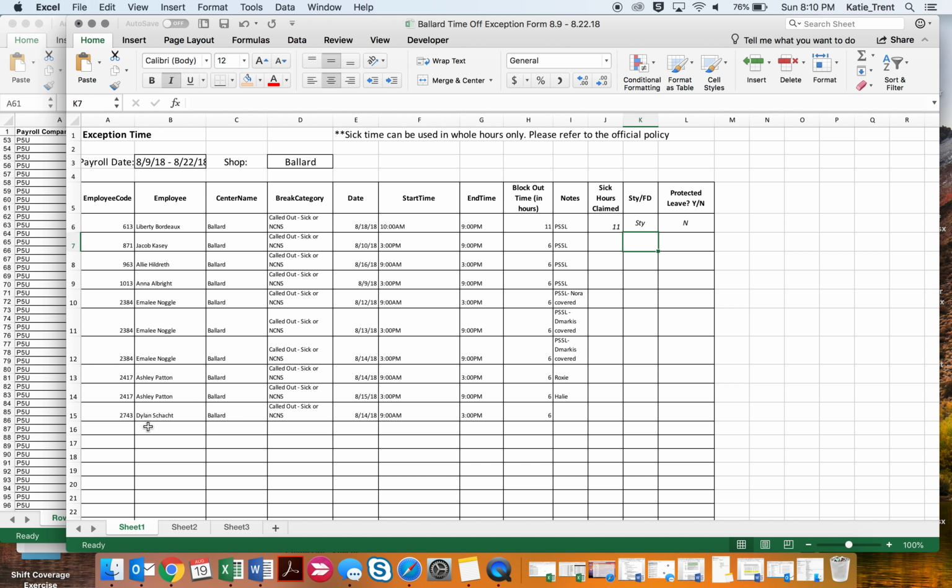So finally, if I had any front desk who called out, I'll want to enter them by hand. And I'll know because I keep careful notes throughout the pay period. And I'll look up this person's employee number in Zenoti. And when I've gone through and entered the sick hours and double checked against my list,